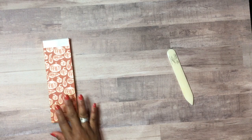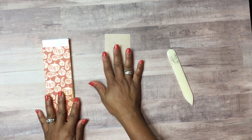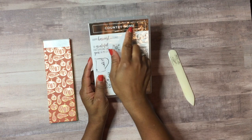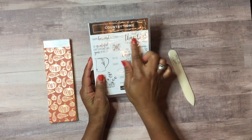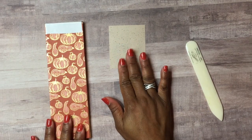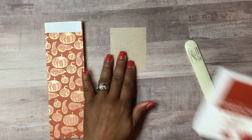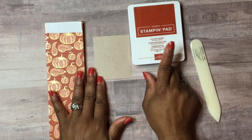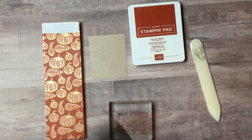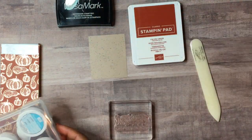Next, what we're going to do is work on the cover. So I'm going to go ahead and stamp the sentiment from the Country Home stamp set, Simply Thankful for All the Good Things. And I'm going to heat emboss that with some clear embossing powder, as well as I'm going to use Cajun Craze. Get my Versamark ink, get my embossing buddy,